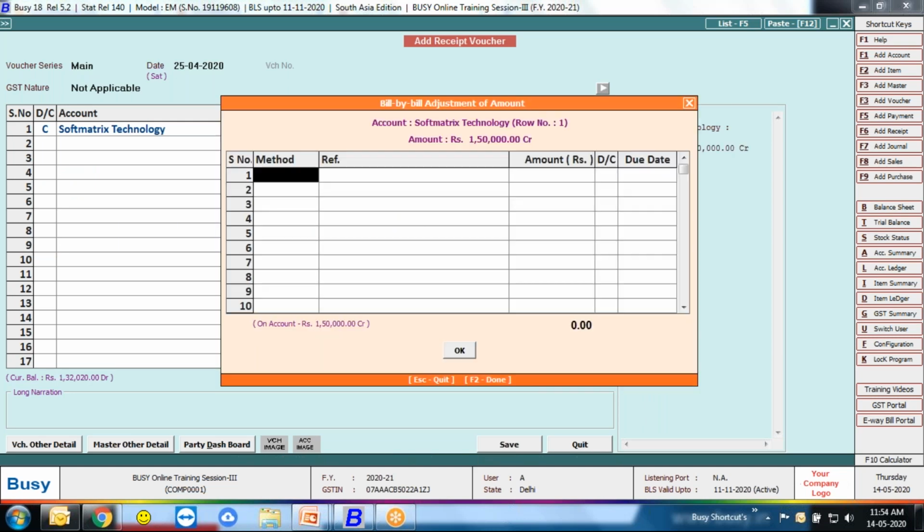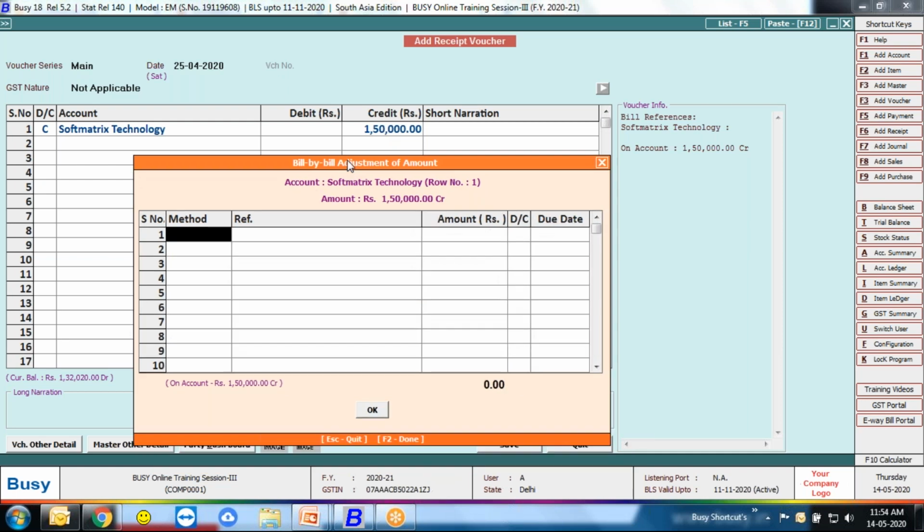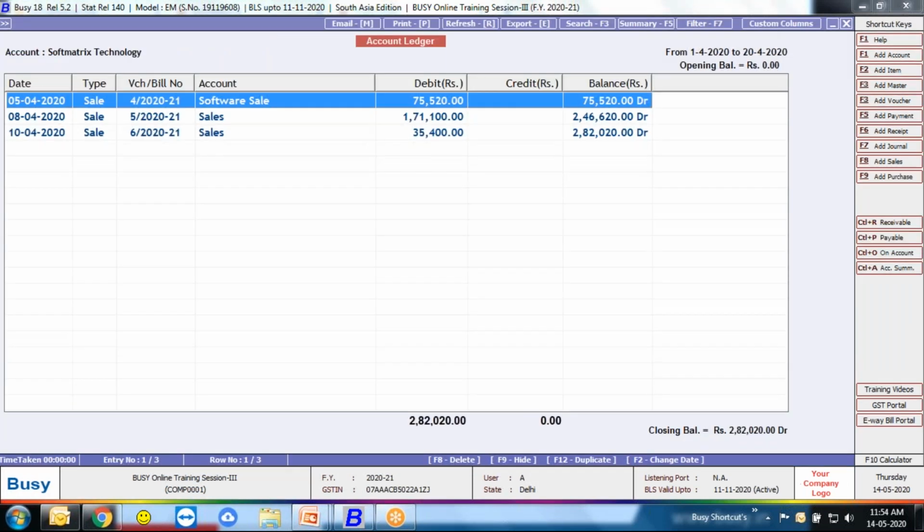It's okay. Now the question is, 1,50,000 adjustment from which invoice, because there are 3 invoices in his ledger: 75,000, 1,71,000, and 35,000.